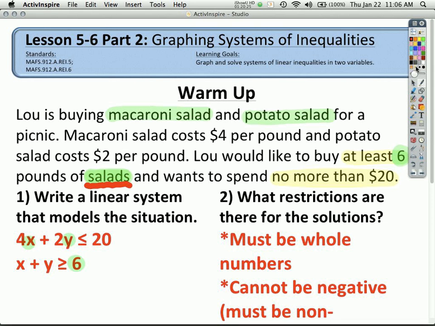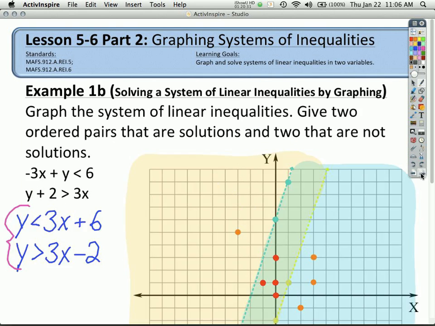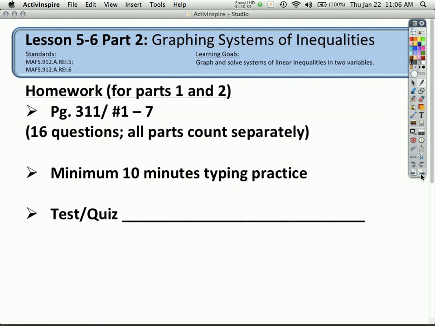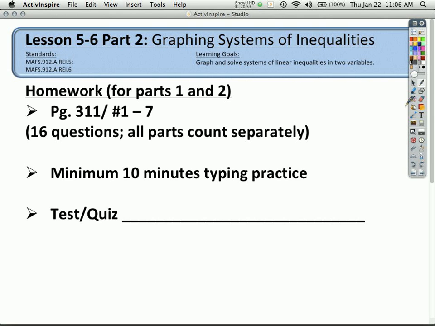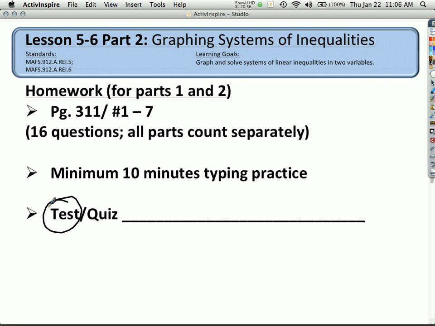So, does anyone have any comments, questions, any concerns of any kind? Good. So, draw a line across your paper. Your homework is on page 311. It's the same assignment you already got. Page 311, numbers 1 through 7. You now have enough experience to do all of it. That's a total of 16 questions because each part counts separately. Did I already show you how that worked? Yeah. Okay. And your test will be, I see you, perfect. On Monday will be chapter 5.